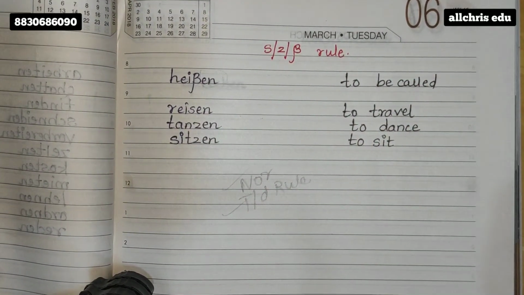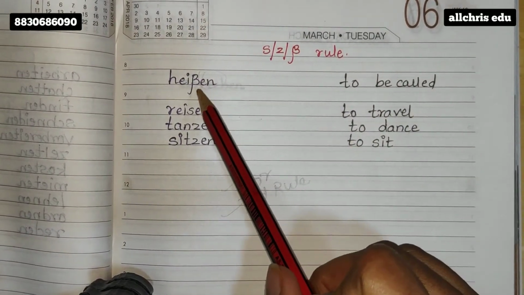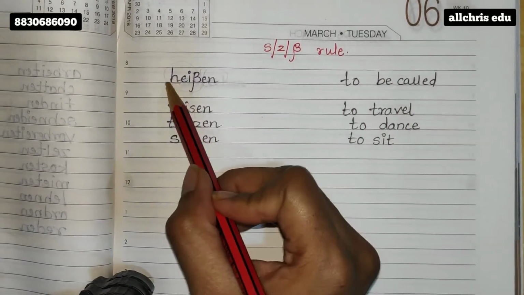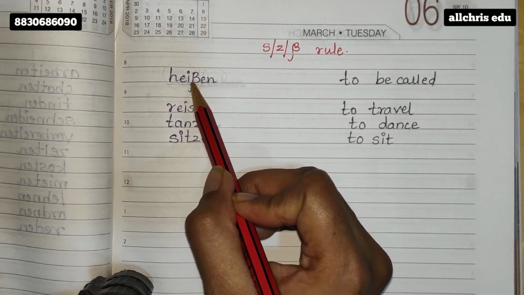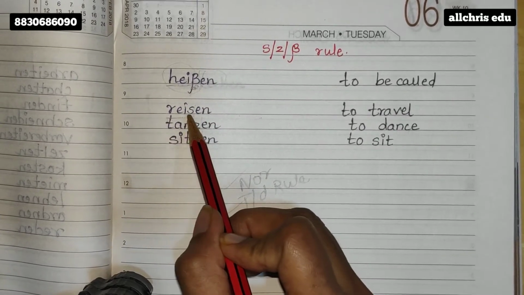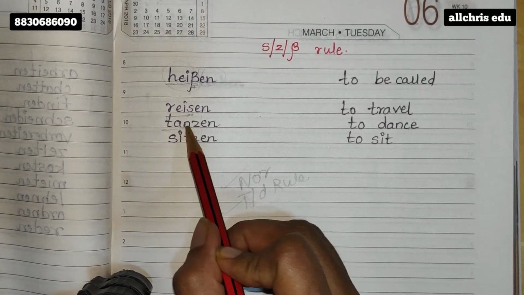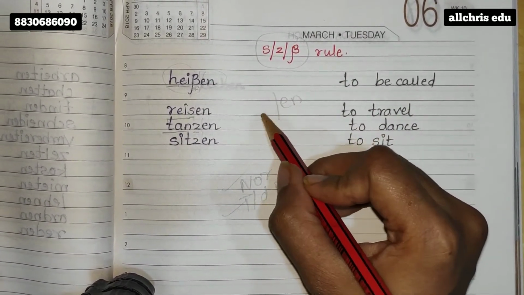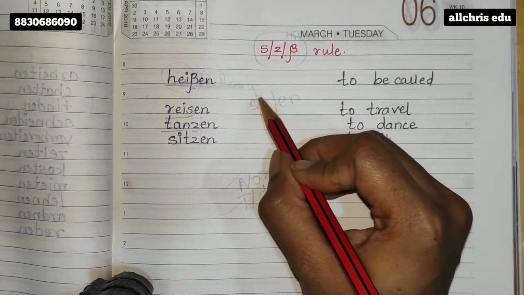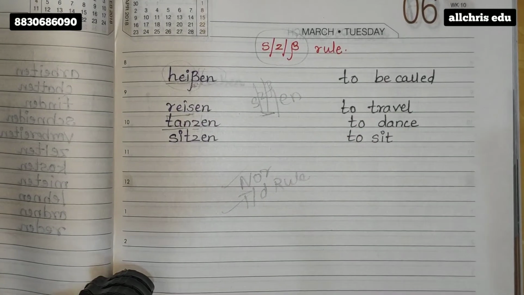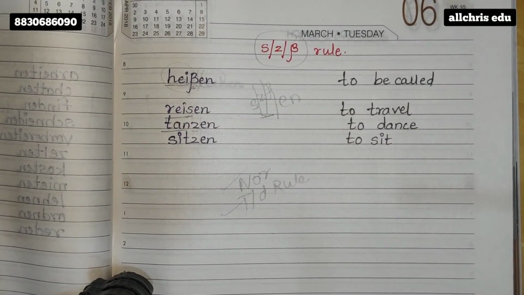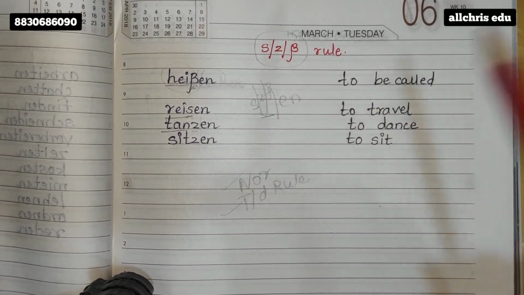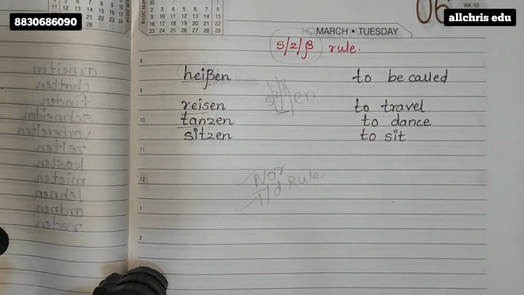So this is called SZ/beta rule. What happens over here? When you cut en, if the stem of the word is ending with beta, or the stem is ending with S, or the stem is ending with Z. So if these three alphabets come after cutting en, if you have S or Z or beta sign alphabets, then this rule is applied. Again, you have to rewind the video and see if you didn't understand when to apply this. So this should be applied in the manner I told first.